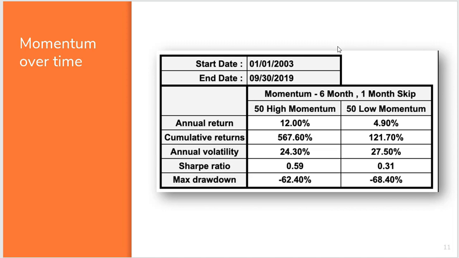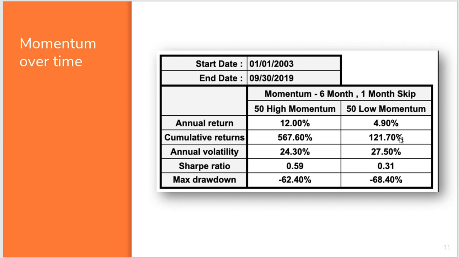Now, how would you have done from 2003 to 2019? Well, your annual return, just picking the 50 stocks that had gone up the most, would have given you 12%. Had you chosen the ones with the lowest momentum, meaning the ones that dropped the most, you would have only made 4.9%. You could see the difference in the overall returns here. Just picking these 50 momentum stocks over these 16 years would have given you 567%, whereas picking the 50 with the lowest momentum would have given you